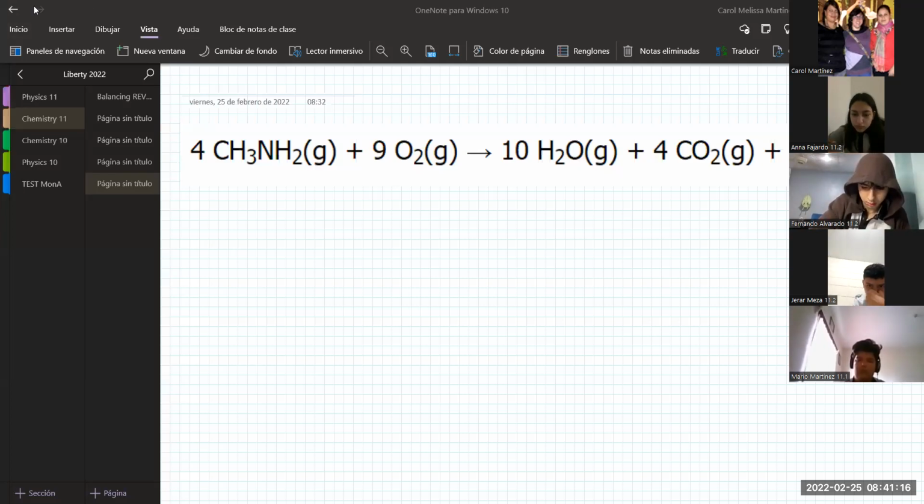Okay, so in this reaction, it looks a little bit overwhelming because it looks big. But in the end, remember, in stoichiometry you need to focus only on the given and the unknown. So it doesn't really matter how big the reaction looks. In the end, you are just going to focus on the given and the unknown. So imagine that in here,